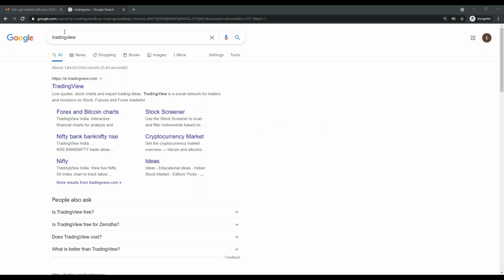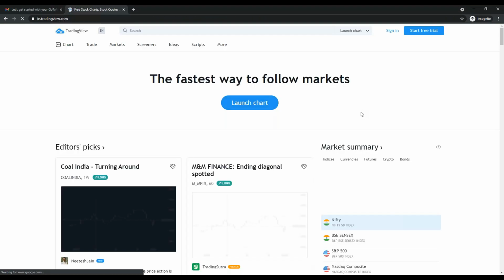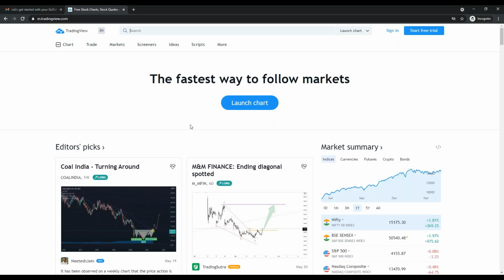Okay. So first what you have to do is just type TradingView in Google, just Google it, and you will see TradingView will be opened for you. Let me click on this. If some of you are not getting English, because some people speak pure Hindi, they might interrupt me in the chat and I would be explaining the same thing in Hindi, right? Okay. So here you can see I'm in TradingView.